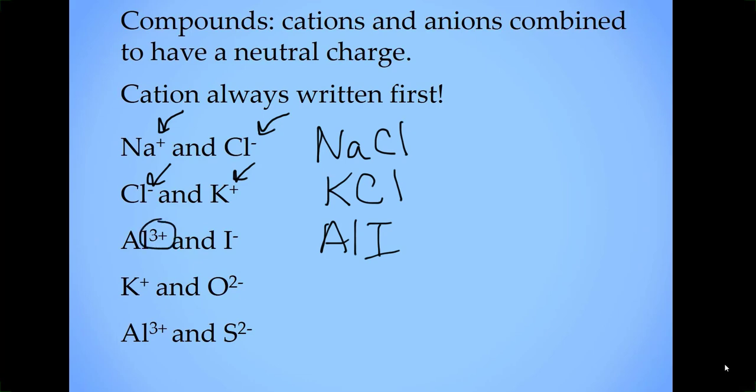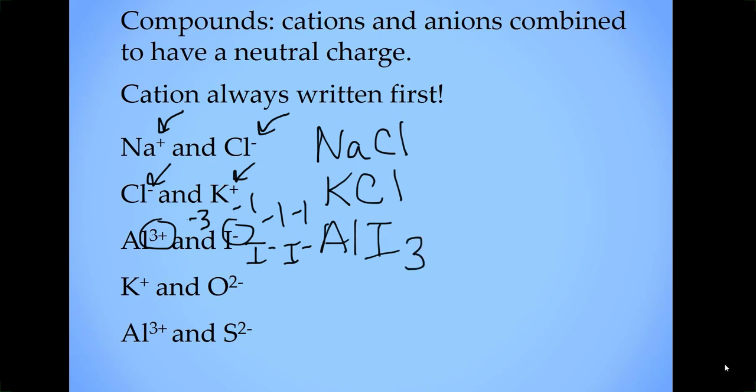So I have to ask myself, how many of these iodides do I need to cancel out the +3? If I had 2 more, that would be a -1, a -1, and a -1. That would give me my -3 that would cancel out that +3. And so what you need to do is you need to have 3 of these iodides. So I'm going to write the formula